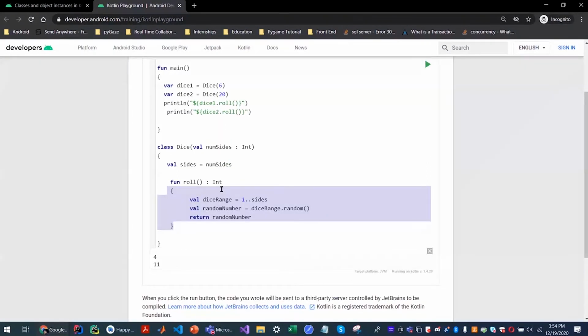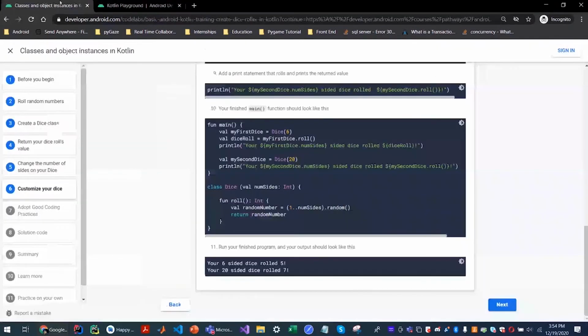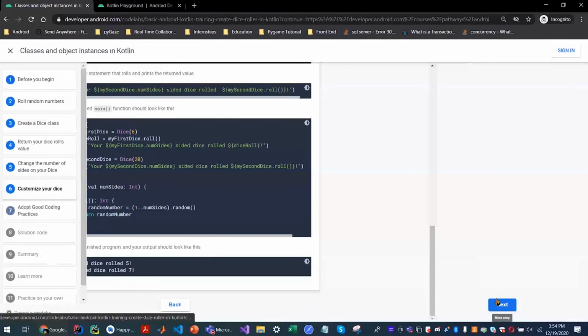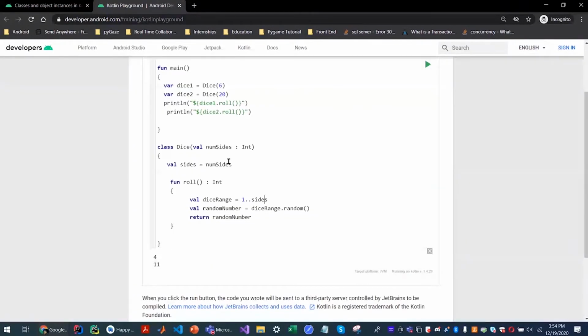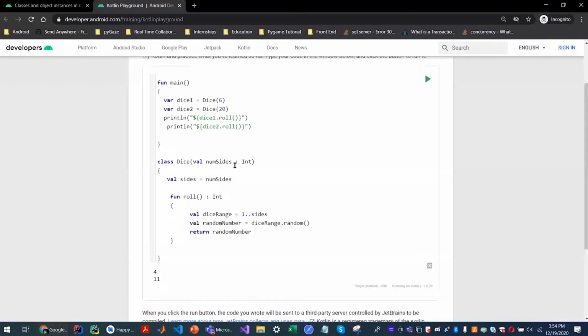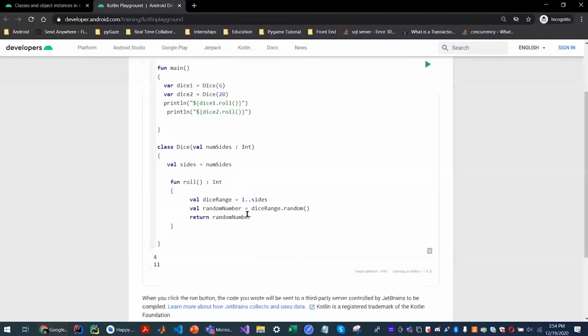Another thing you can do is clean this code up a bit because some part of it is unnecessary. Instead of returning this variable you assigned, you can return the value directly.